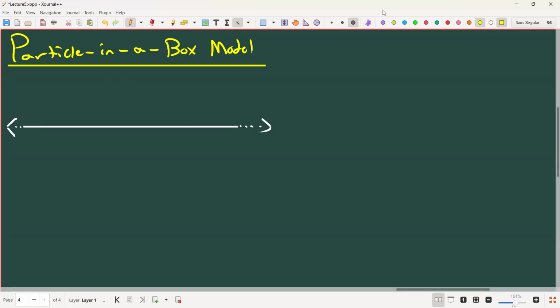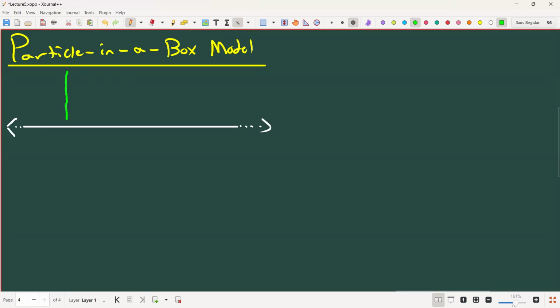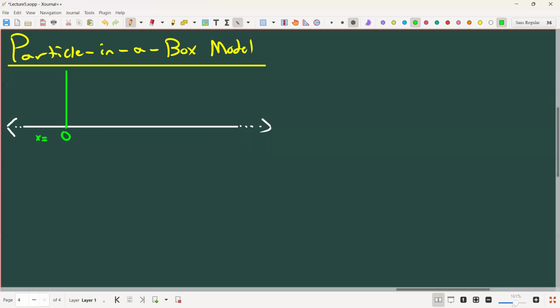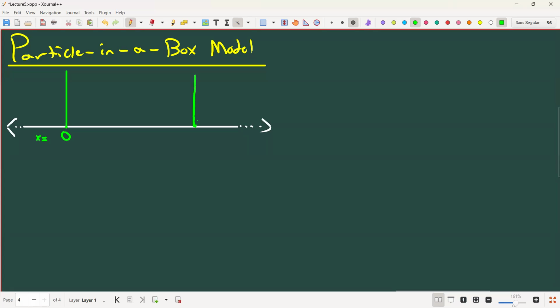Right, I'm going to place one of the walls, and I'm going to draw them in green. Like this. I'm going to put it at x equals 0. All right, so my left wall is at x equals 0. Again, I can choose anything I want, because it makes it easier. And then I'm going to put my next wall at length L. And there's another one at x equals L,